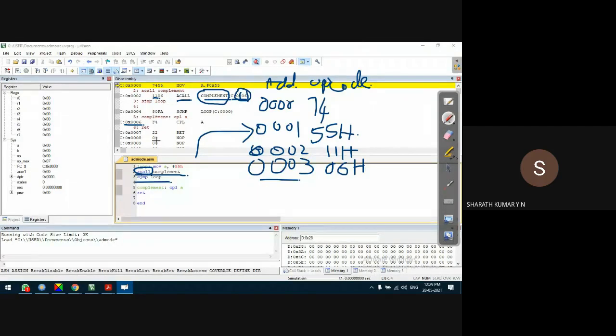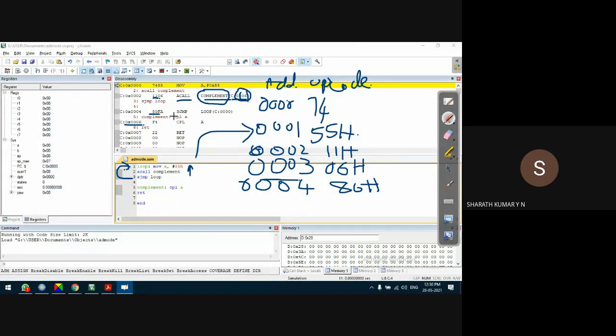SJMP loop is stored at the location 0004. SJMP is represented as 80H, you can see that in the disassembly window. And where is the loop? If you observe this program, loop is a backward jump, because we are jumping backwards in terms of program execution.